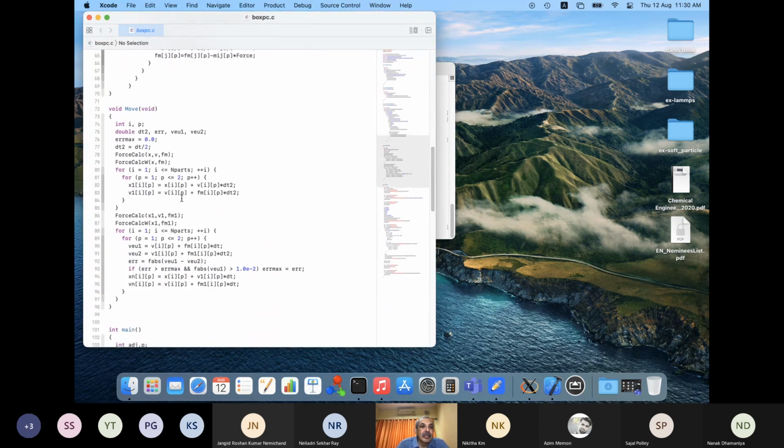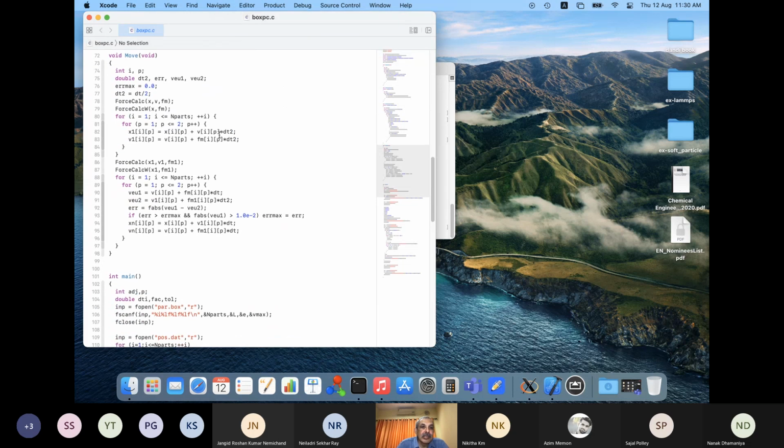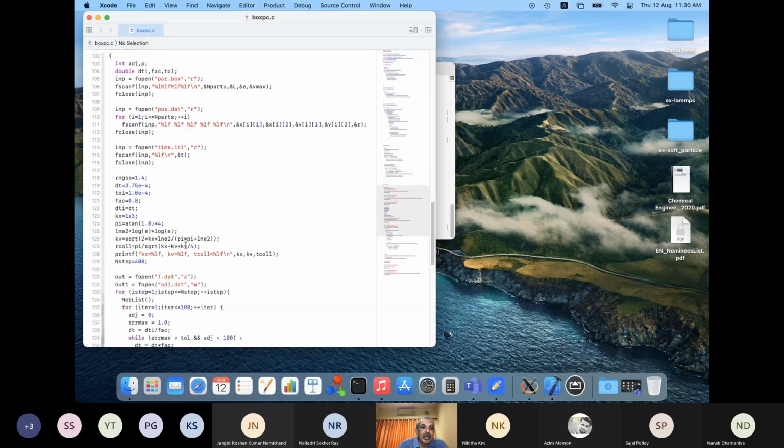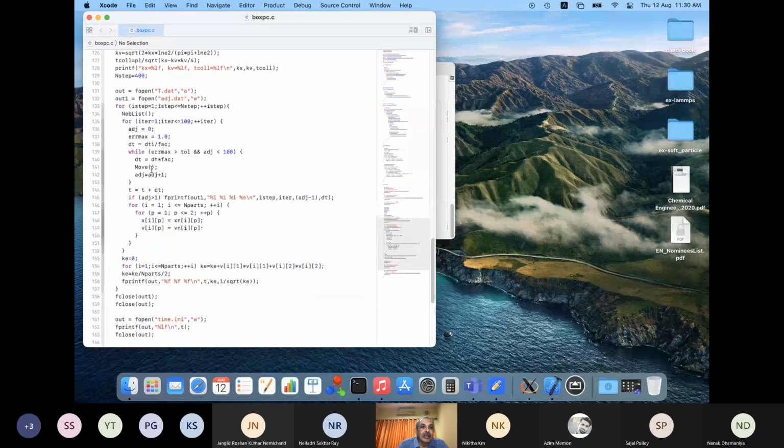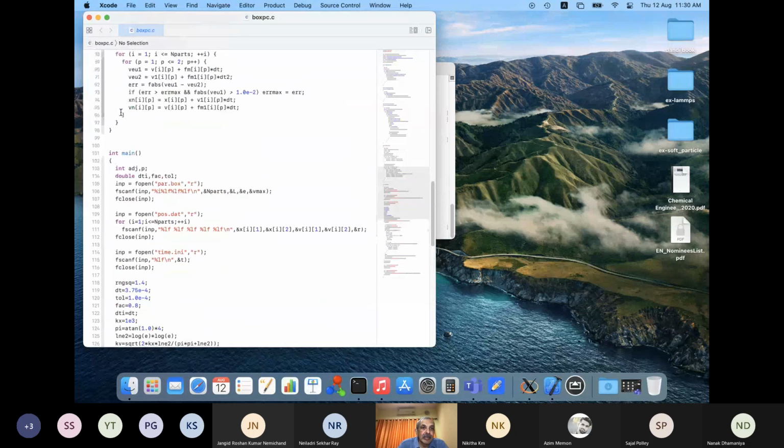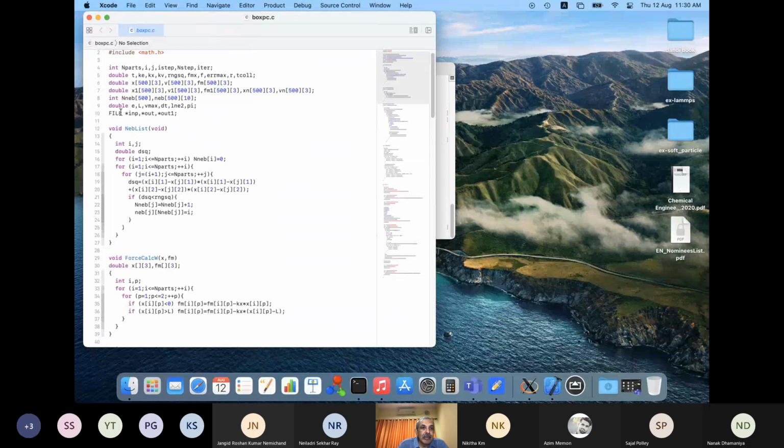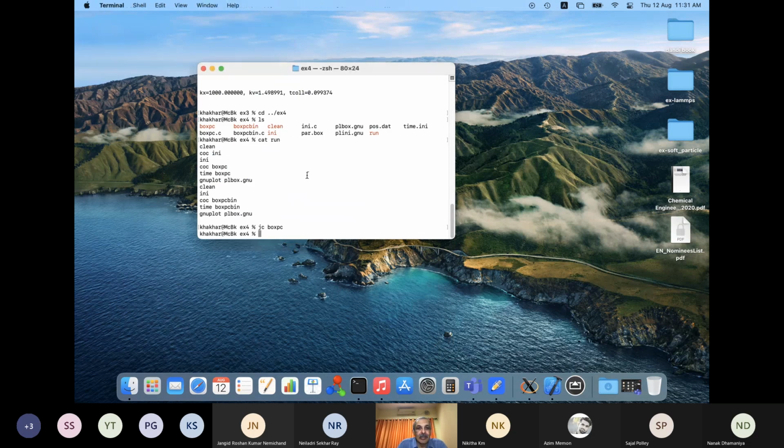So you can see here, we do this dt by 2 and then calculate the error and so forth, and then reduce this factor and things. But for calculating the neighbor list, we are looking at all the particles. So we check between every two particles. Whereas if you look at